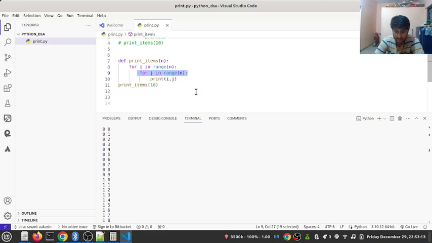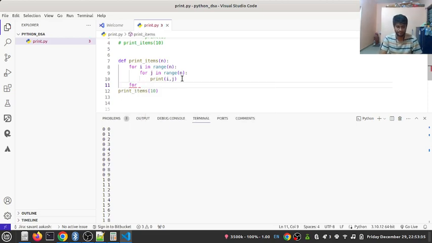So this is a thing you have to understand. In the print items, I took this for loop, print i comma j. Now if I consider another for loop here, for k in